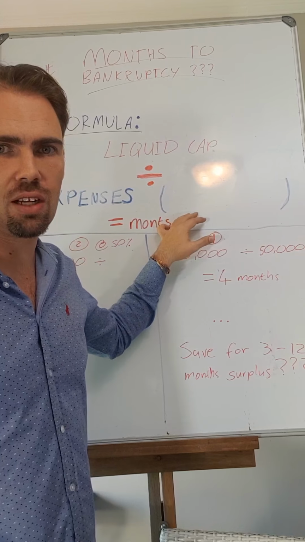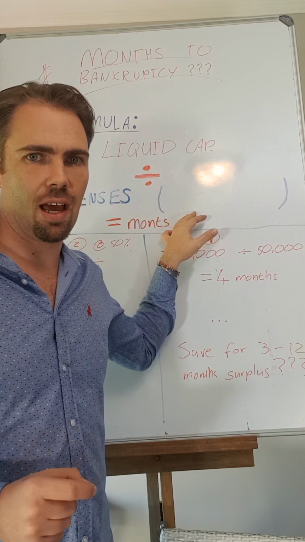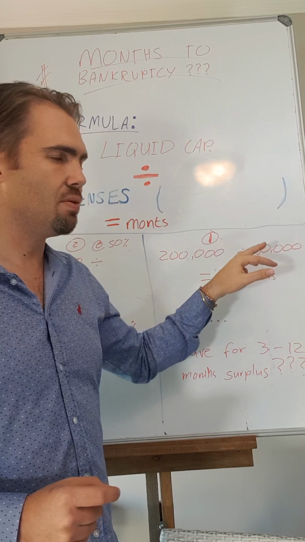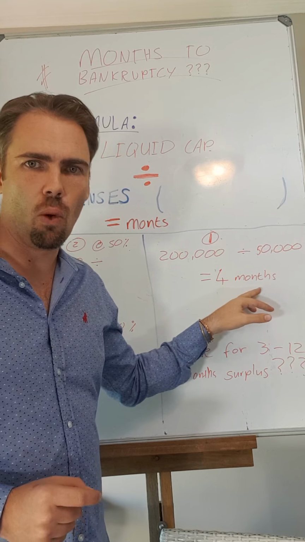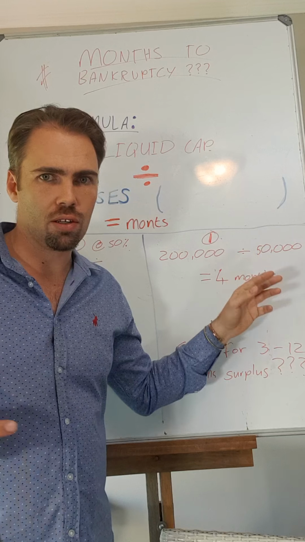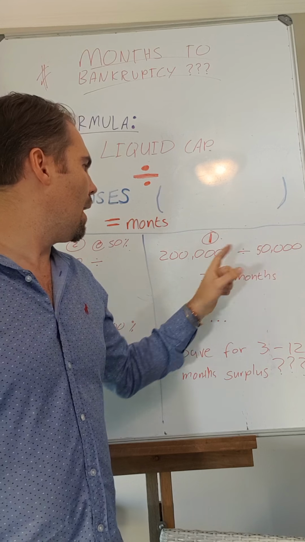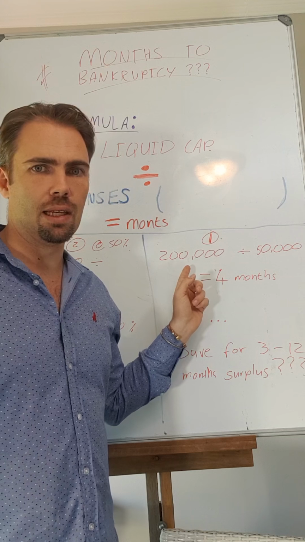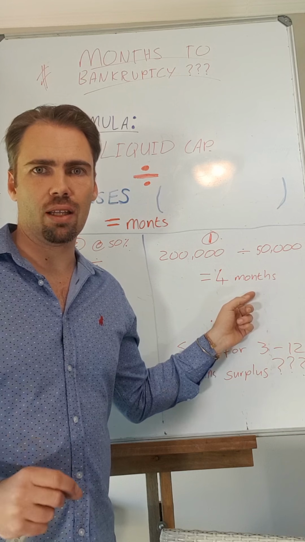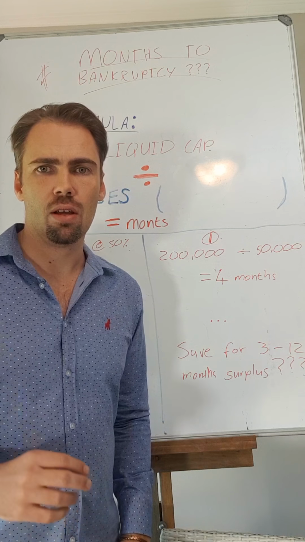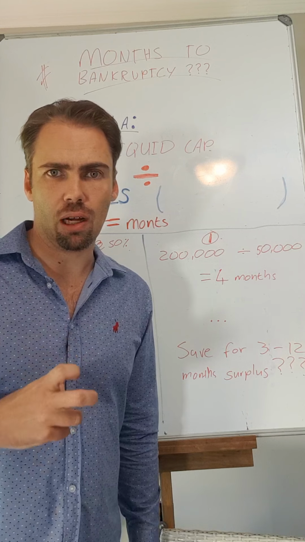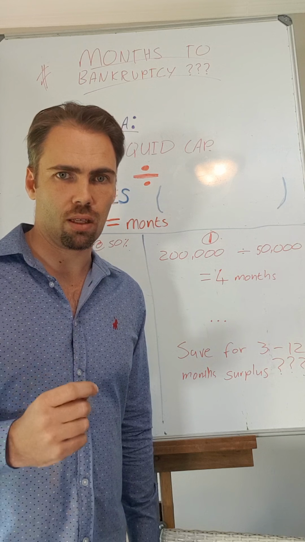And this part of the calculation I'll show you just now, because that's where the magic happens, if you understand that blank part. Okay, so 200,000 divided by 50,000 gives us 4. So that means if your expenses is 50,000 Rand a month, or dollars or pounds, it doesn't matter, and you have 200,000 in saved liquid capital, you will last for 4 months when your income stops. This is the greatest risk that most people have right now. It's the fact that they only have one stream of income. And I would like to show you how to create multiple streams of automated income.